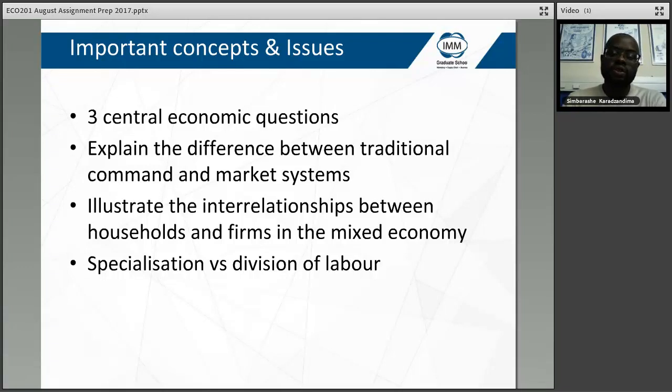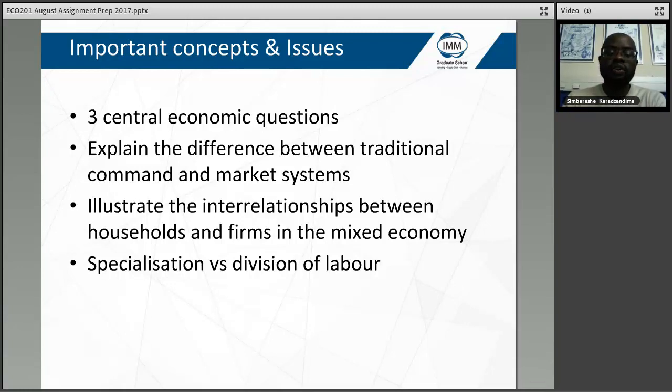So you look at the traditional economic system whereby things have been done according to generations. People know what they are supposed to do, but there's no growth. Production is only for subsistence level and so forth. You look at a command system, sometimes called a centrally planned economy, where everything is done according to rules of the government. So there's central planning there, what to produce, how to produce, and for whom are we producing, all that is determined by the government, right? You look at countries like North Korea and Russia, when it was still called the Soviet Union, we had a